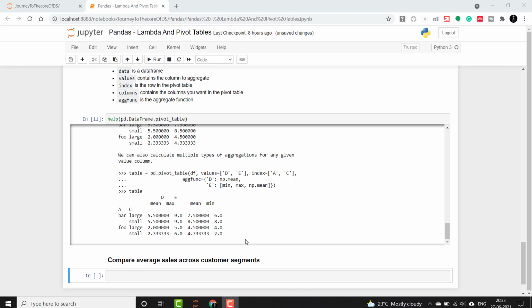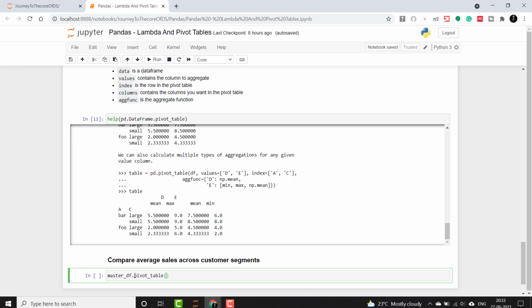So let's say that we want to compare average sales across customer segments and we want to use pivot table, how will we do that? So I will take master_df and say .pivot_table.